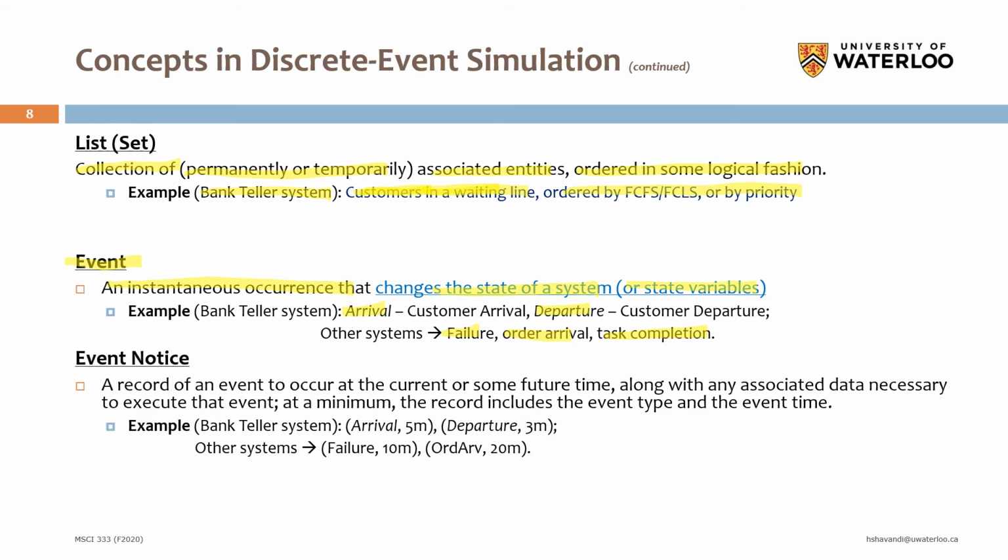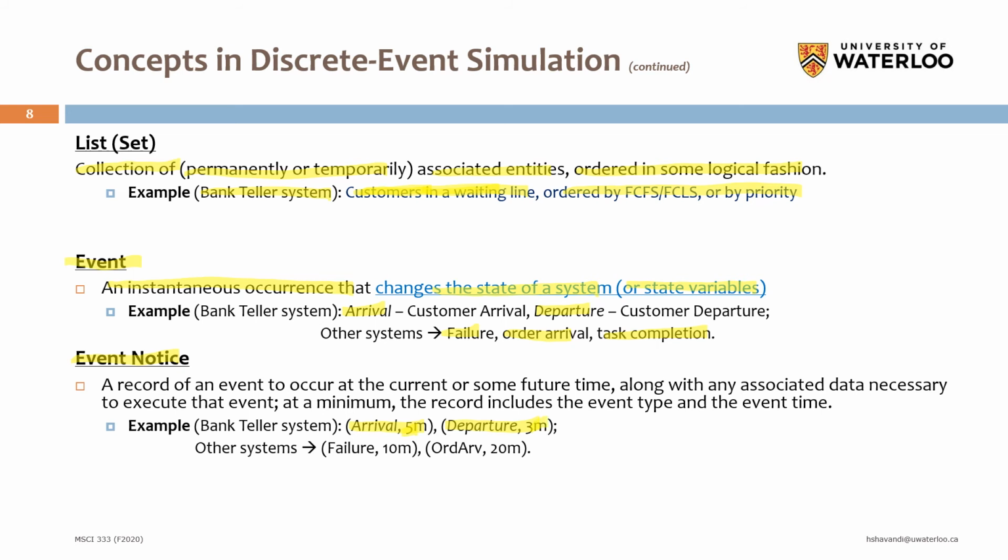And event notice. So this is again related to the event. When we define the events, we need to define the event notice as well. In the future event list, we will obtain the events by having an event notice for each event. Usually an event notice will include the type of the event, for example, arrival or departure, and the time of occurrence, for example, at 5 or at 3,